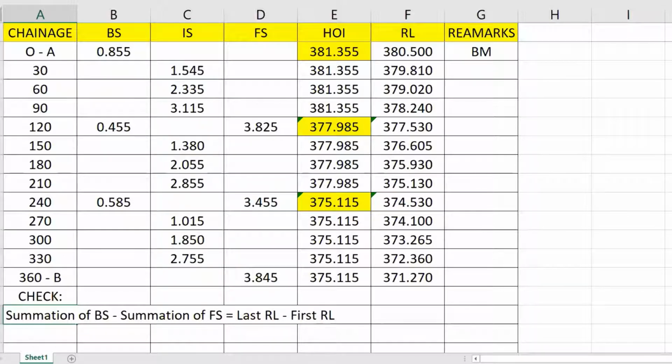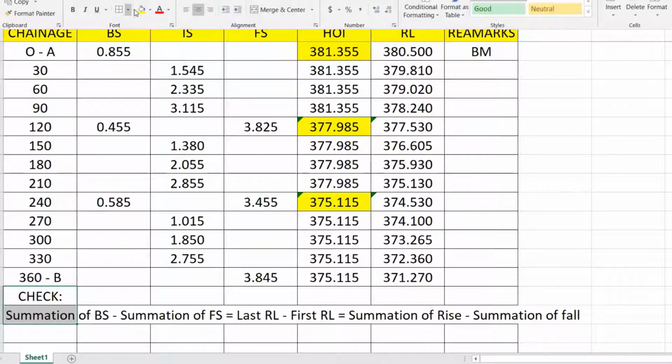And if you are following the rise and fall method, then the same applies: summation of rise minus summation of fall. So if you do this, the values should match, and then you could say that whatever you have done is correct.